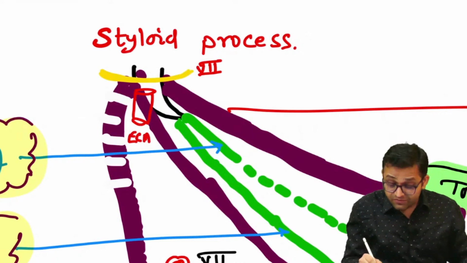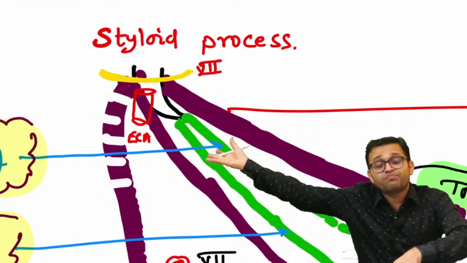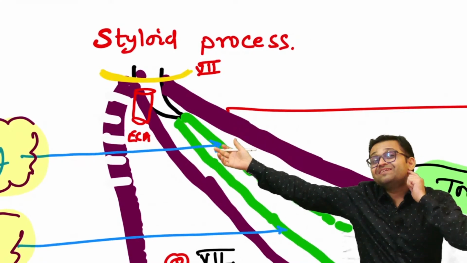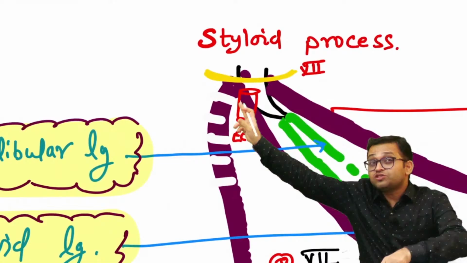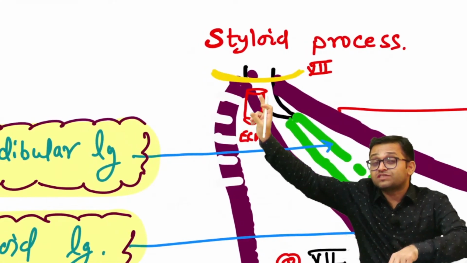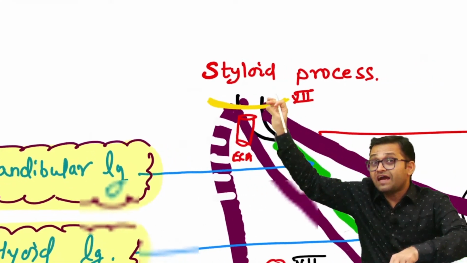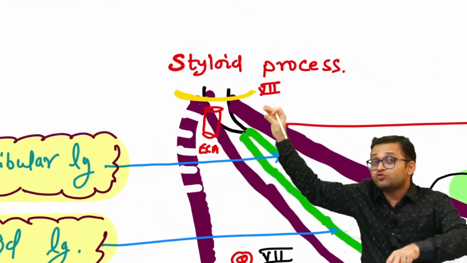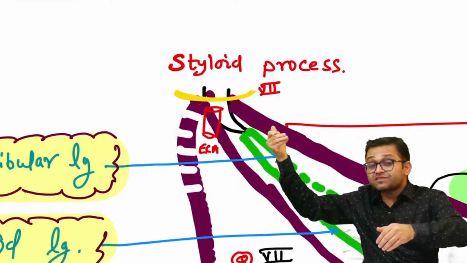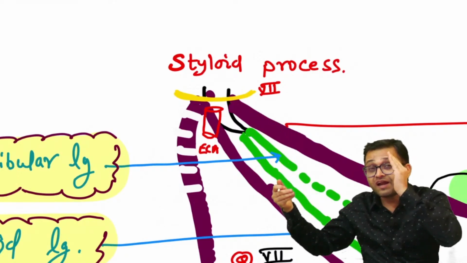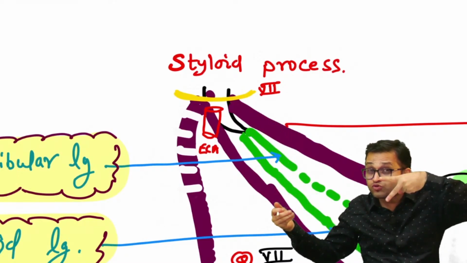These are lateral. So whenever you are performing surgery at the neck part, remember, there is one nerve from between the styloid process and the mastoid process. There is a stylomastoid foramen. The nerve will come out. Yes, it is lateral to the styloid process. Then it comes towards the parotid gland. It will pierce the posteromedial border of the parotid gland. Then within the parotid gland, it will divide into two divisions.